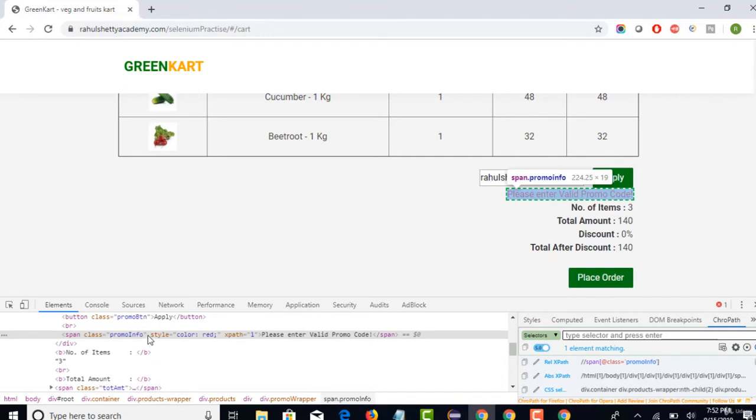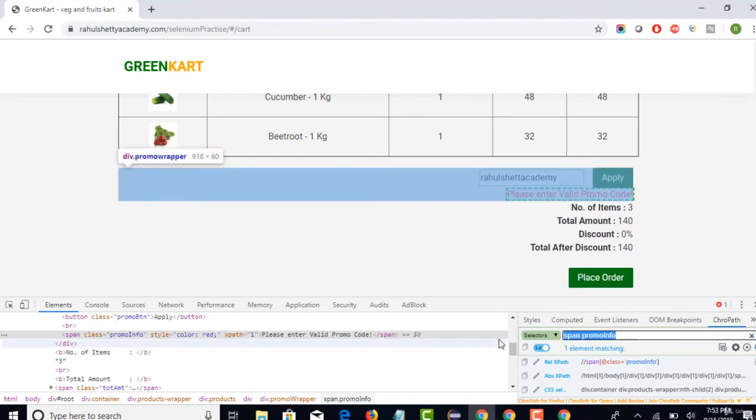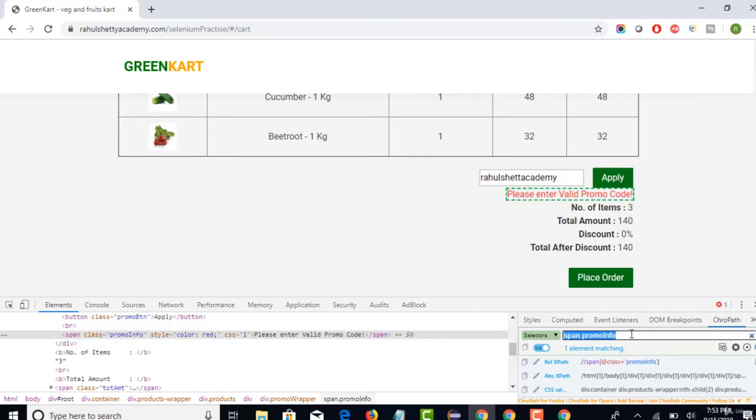Now for example, let's try to write CSS for this. Let's use the same concept, tag name dot promo info dot class name, which will eventually be CSS. Now when you hit enter, you see that span dot promo info is getting highlighted here, right?